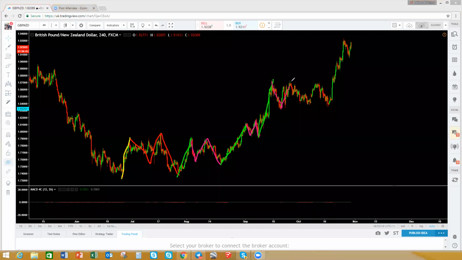1, 2, 3. Right, so here, this is an exhibition of all the types of corrections that we learned. So here you can see this one breaks the top, breaks the bottom. Expanding flat, we've learned this one. This one here does not break, ends here. Regular. This one here breaks the top, breaks the bottom, expanding. This one here, regular, does not break,